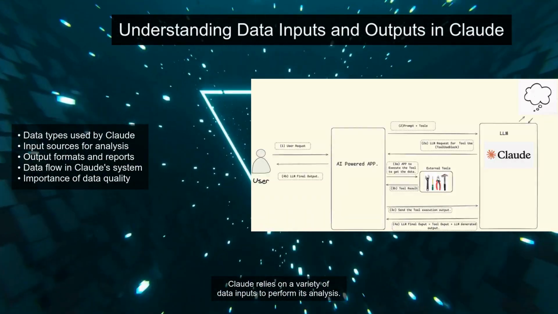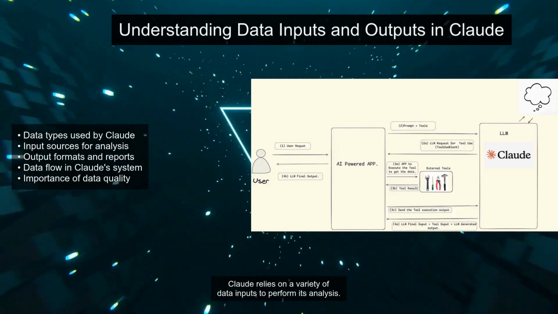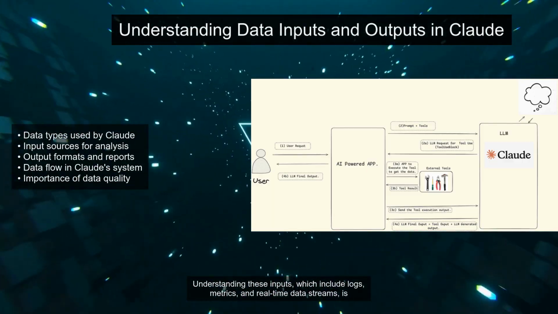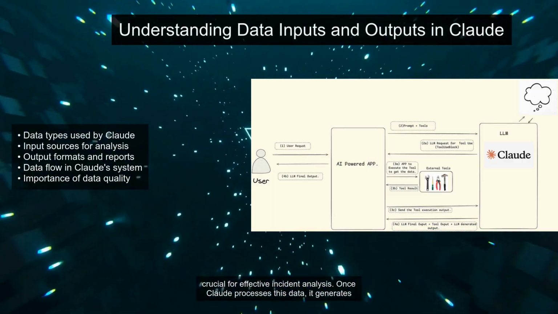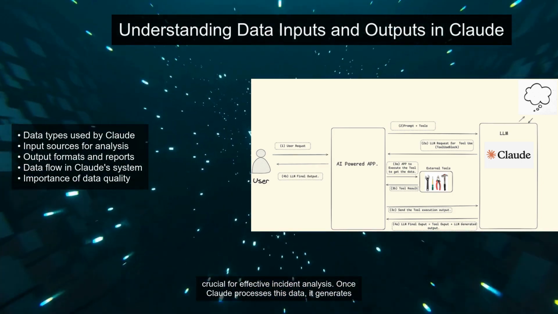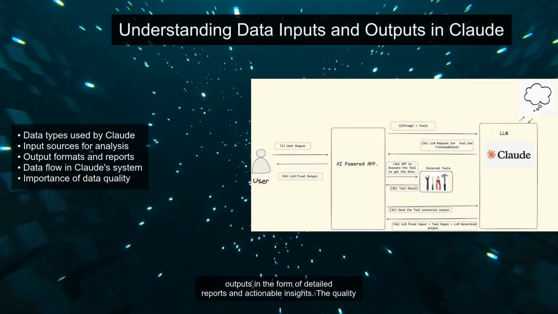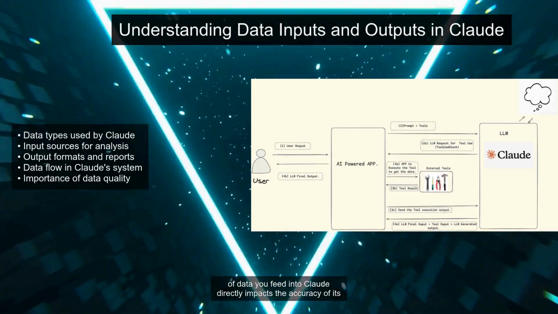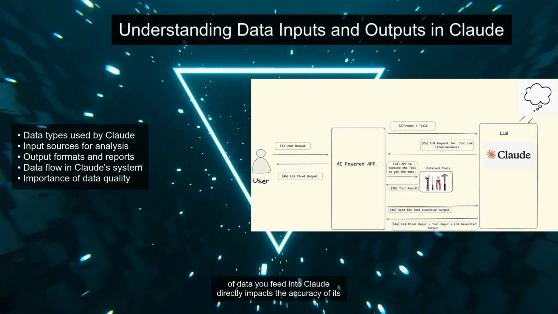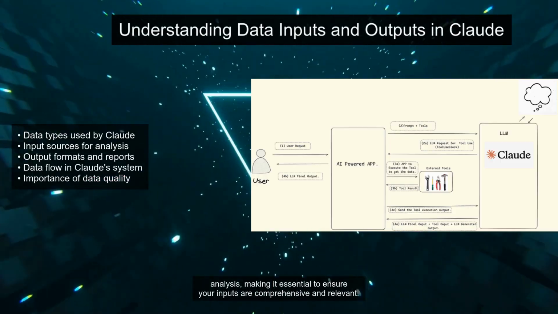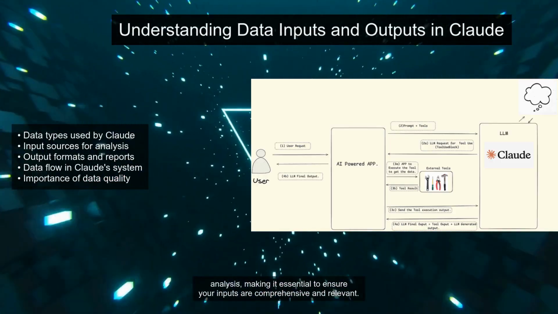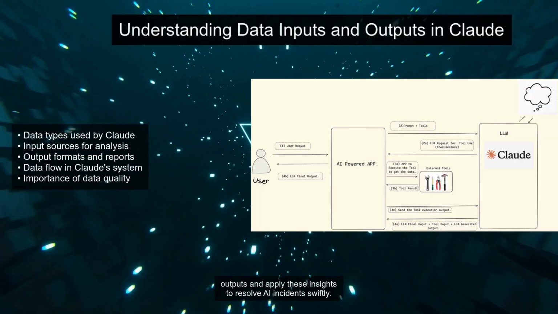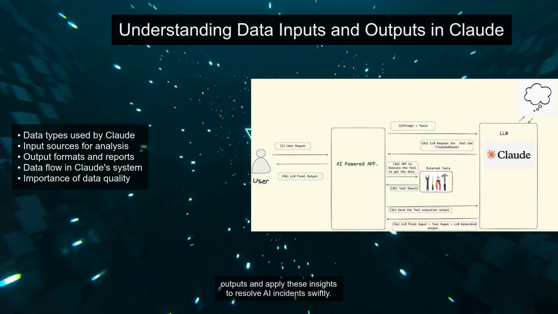Claude relies on a variety of data inputs to perform its analysis. Understanding these inputs, which include logs, metrics, and real-time data streams, is crucial for effective incident analysis. Once Claude processes this data, it generates outputs in the form of detailed reports and actionable insights. The quality of data you feed into Claude directly impacts the accuracy of its analysis, making it essential to ensure your inputs are comprehensive and relevant. By understanding the data flow within Claude, you can better interpret its outputs and apply these insights to resolve AI